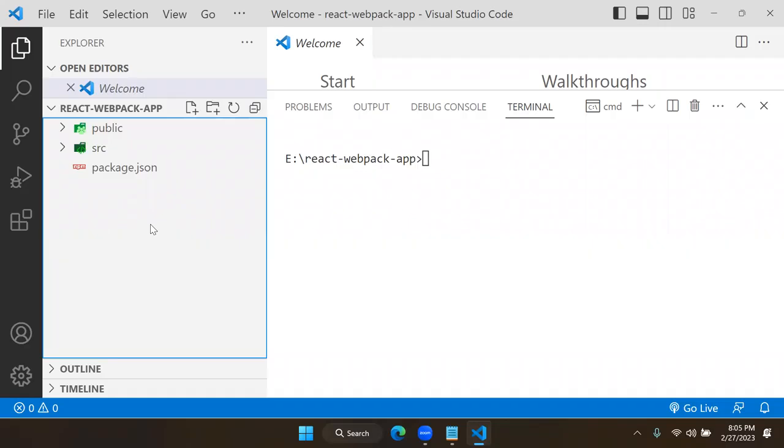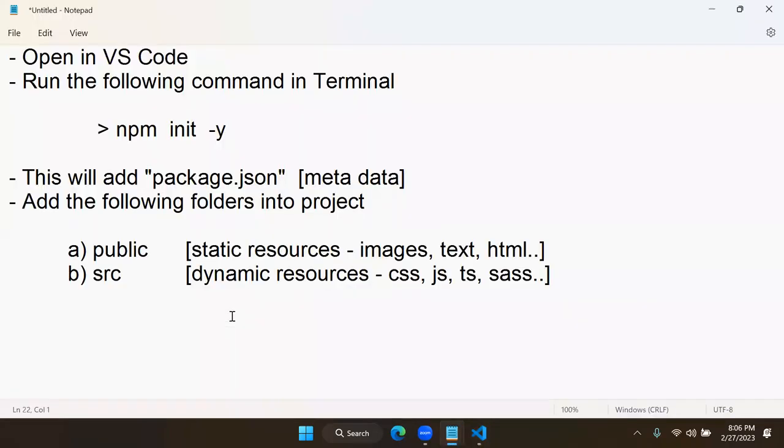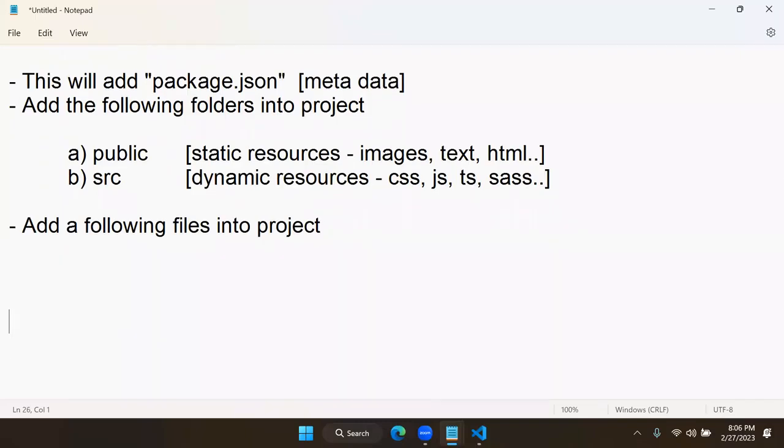Now, usually public contains index.html and src contains index.js. We will keep them. That means add the following files into the project. What are the basic files you need? One is in public, you need index.html because the startup page is index. Another in src, you need index.js. That is the JavaScript file you need for startup. So let's go